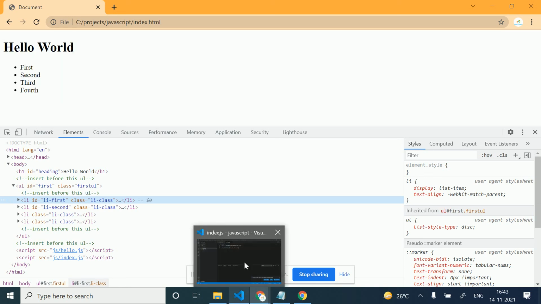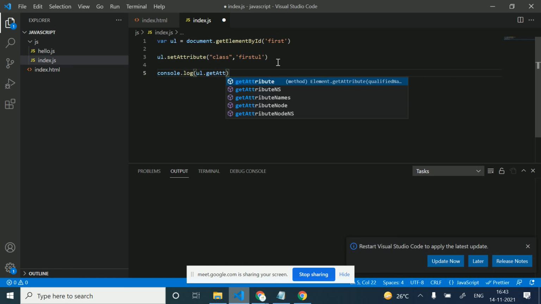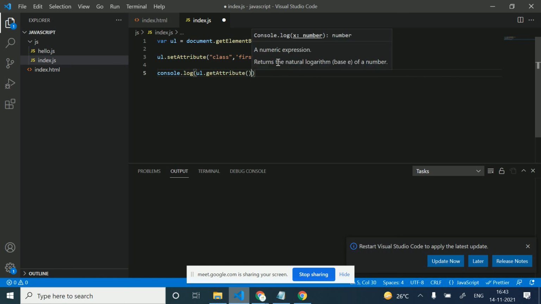Okay, so there is a parameter in that we can add, and we can get this attribute as well. Like I'm just going to console.log ul.getAttribute, not getAnimation, getAttribute. And what attribute do I want to get? I want to get this class.